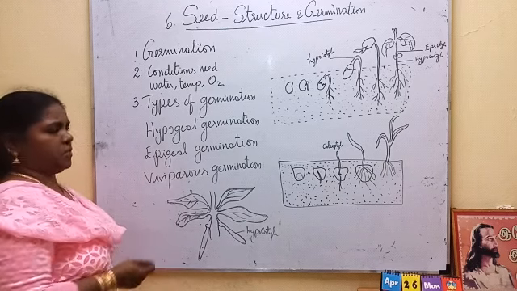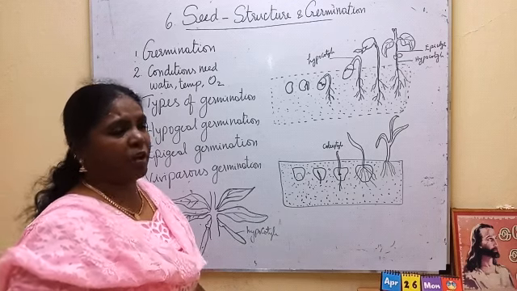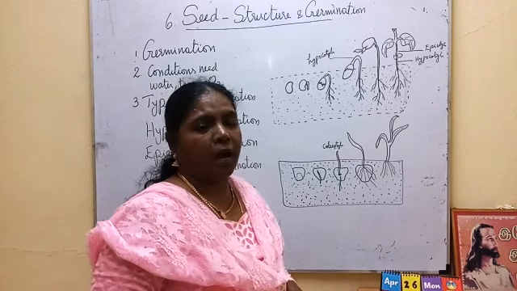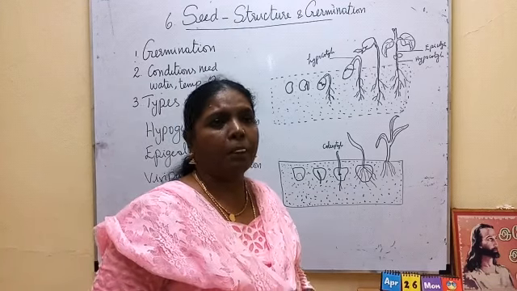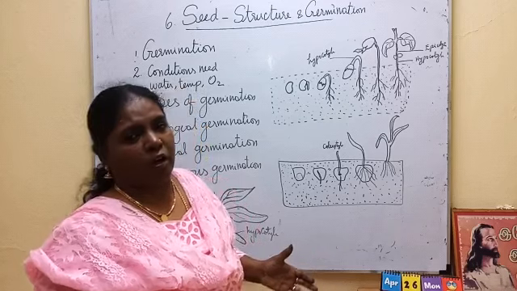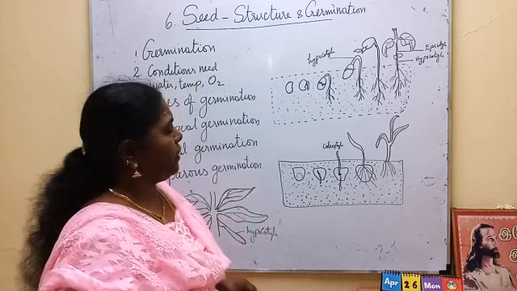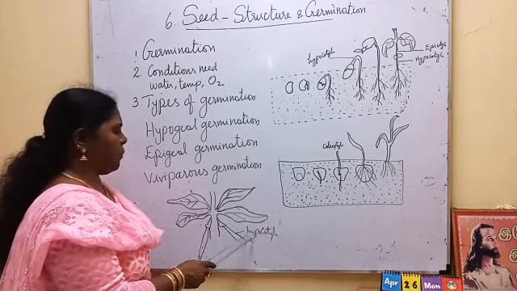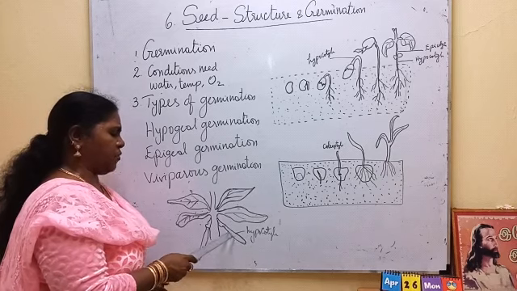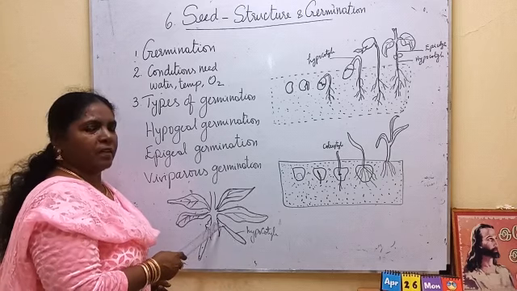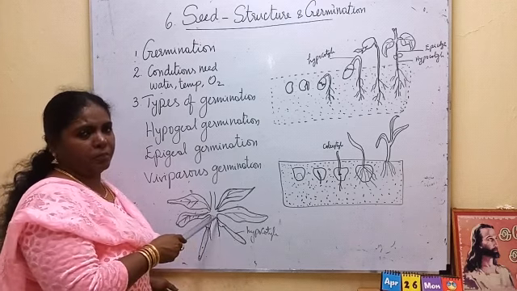Next, one more special type of germination is seen in plants which grow in the mangrove region, mangrove plants like Avicennia and Rhizophora. You would have studied these in geography, and they are seen in the mangrove forest. They grow in marshy land. Here the hypocotyl is produced while the seed is still attached, while the fruit is attached to the plant. The germination starts when the fruit is attached to the plant.